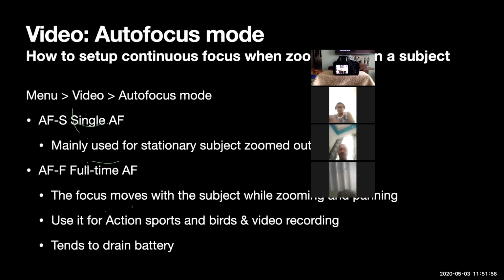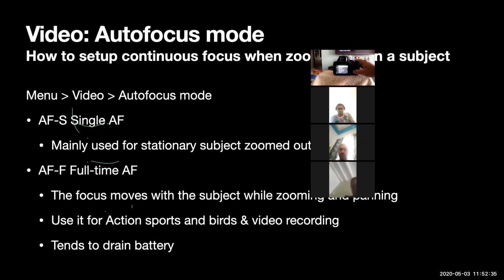The first option we'll see is the video autofocus mode. So everybody has got the video. Please note that the menu options you get here will depend upon the mode you are in right now. I am currently in auto mode, so I don't see many options here. I can only see image quality and image size. That's it. In video mode, more will be available.